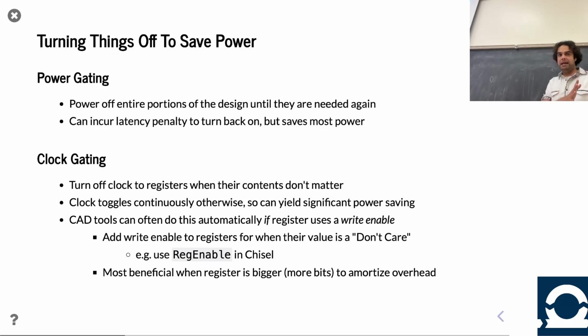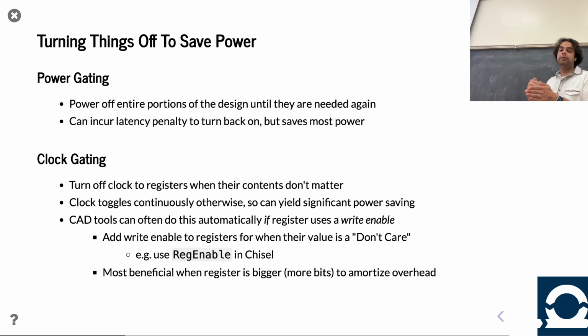So you think the one with RegEnable would be more hardware. In some ways, it is a little more hardware, it has an enable signal. But because you have the enable, that makes it easier to do clock gating, right? Because basically what clock gating is, you need to be able to tell the CAD tools for this time period, I don't care what the value of this register is, and that allows it to do clock gating, turn that register off. In order to make that possible, you need to have a register with a write enable,